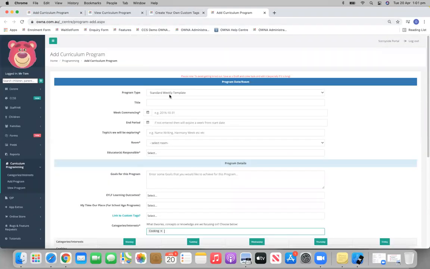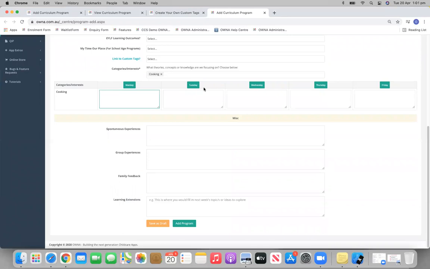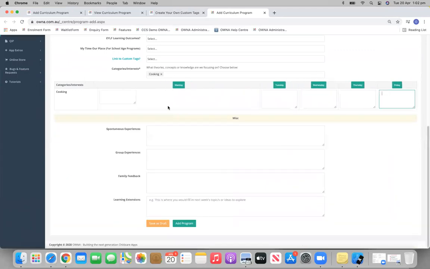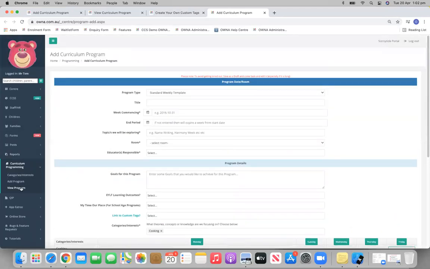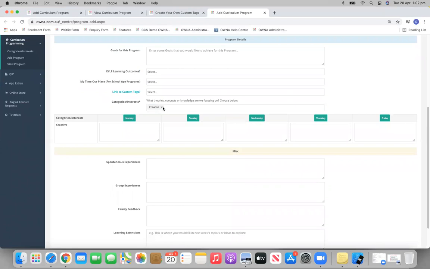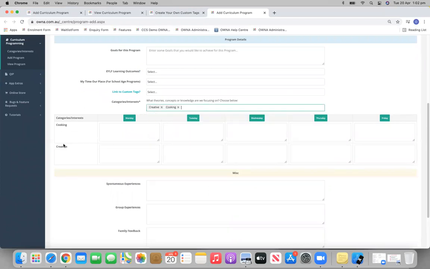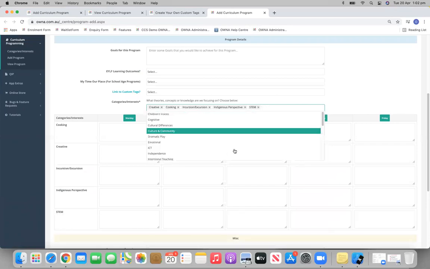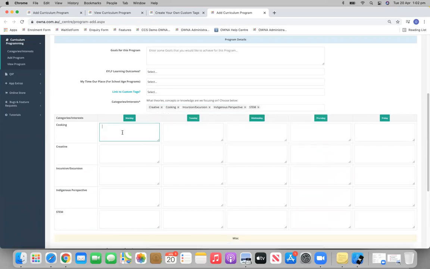Here, because we've got a weekly, it's showing Monday, Tuesday, Wednesday, Thursday, Friday, etc. So in here, we're able to put in what we're going to do each day. Okay, you can make these bigger if you need more room to write. You can make them smaller. You can do whatever you like with them. So you can add a few categories and interests for the week, however many you really want. Obviously, some have a few areas they investigate, but it's totally up to you. Okay, so you'll fill in here what you do each week,